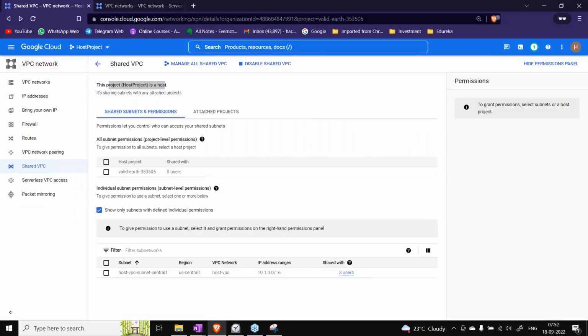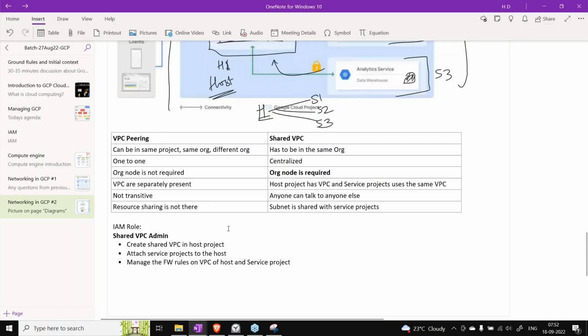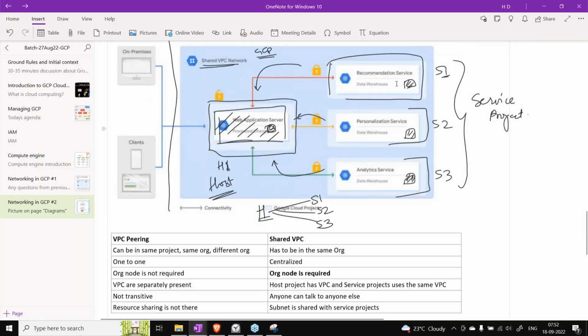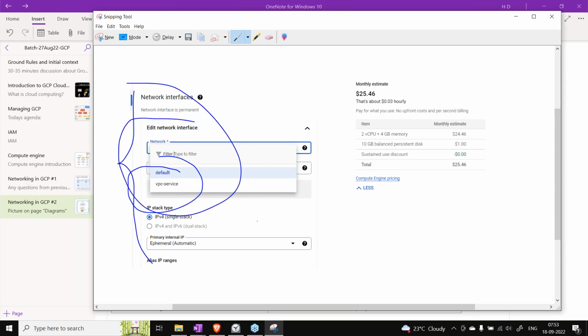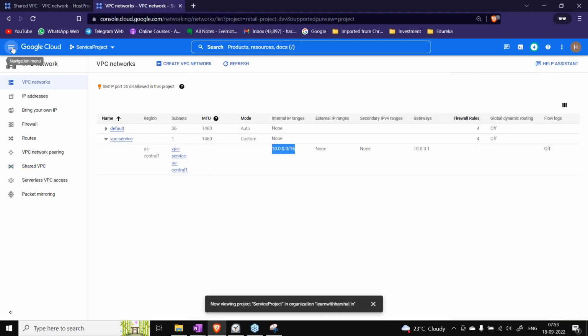So the host has a VPC now, and it is also attached to S1, let's say. Now from S1's VM creation page, we should be able to see this particular VPC, which is on the host, which is not even on S1. So now tell me, what should I see here? Or basically in this area. You can try to answer.